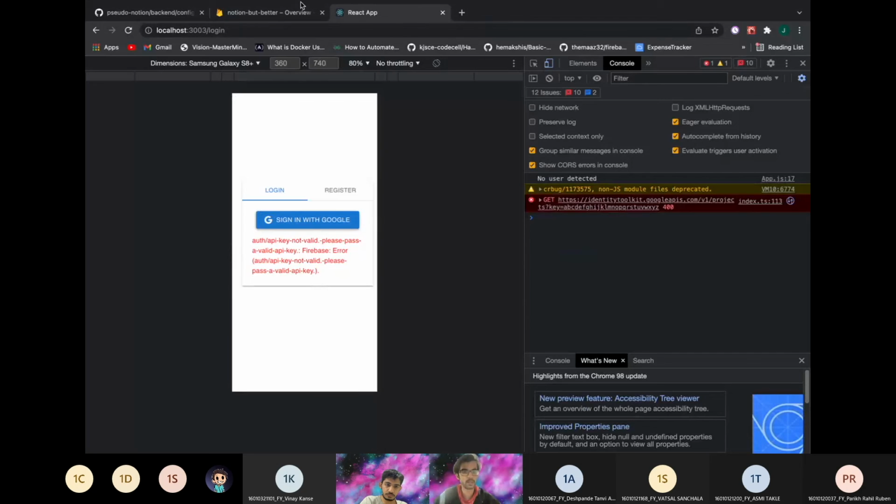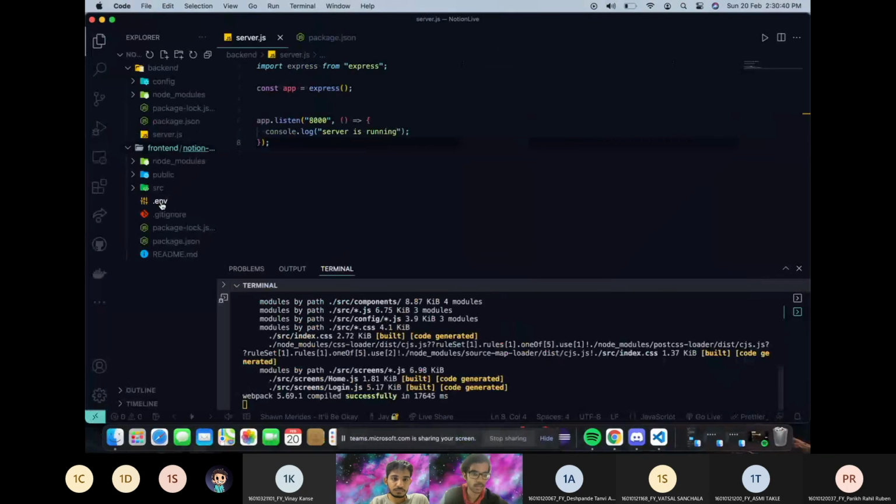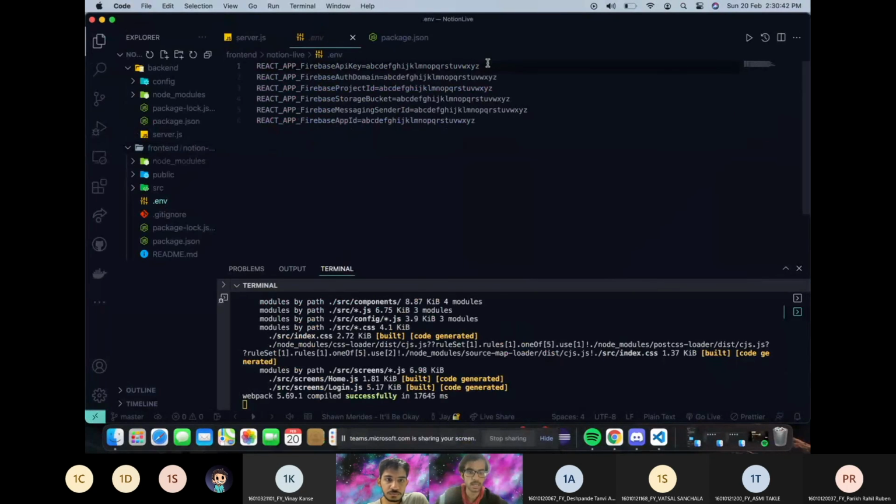Exactly, this error is because मैंने डिटेल्स नहीं डाले. तो अभी वैलिड एपीआई की नहीं पास किया, क्रेडेंशियल्स पास नहीं है, तो ये नहीं काम करेगा. So what I have to do is I have to pass these details over here in my .env file. तो ये API की है, तो I recommend कि आप भी ये करो, क्योंकि एक बार ये प्रोसेस क्लियर हो जाए, आपका ऐप सेटअप हो जाए, तो you can